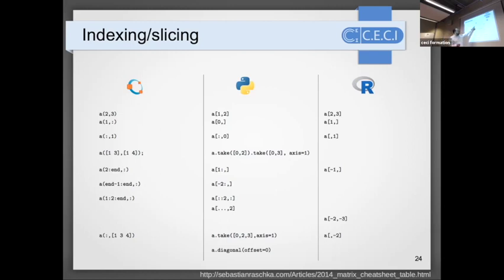The same here in Python, but you see that it's 0 indexed, while in Octave it's 1 indexed. So the index of the first element is 1 here, it's 0 here, and it's again 1 here. And you see that there are specific ways to express that you want from this portion to the end and so on. So you can do the same in Julia